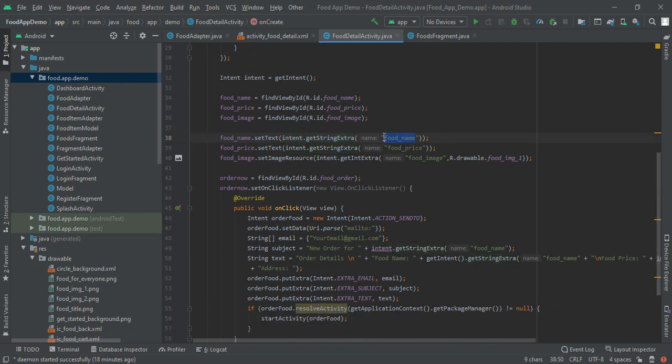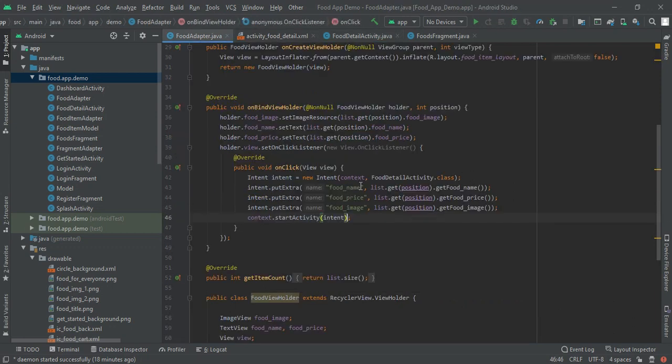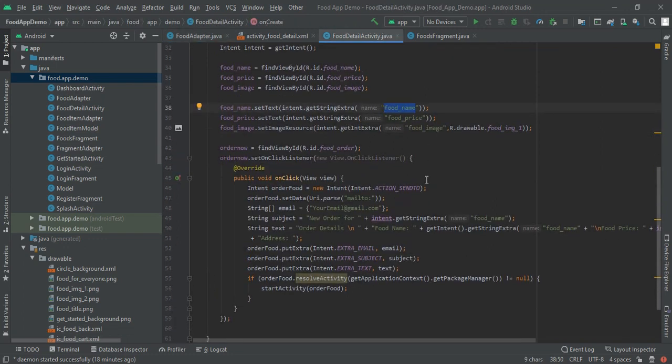So this name should be same with our adapter here. So with this we will get our name and our price, and then for our food image we had to set its image resource to be get from get int extra, and by default we have to set some random image, so I had set it.